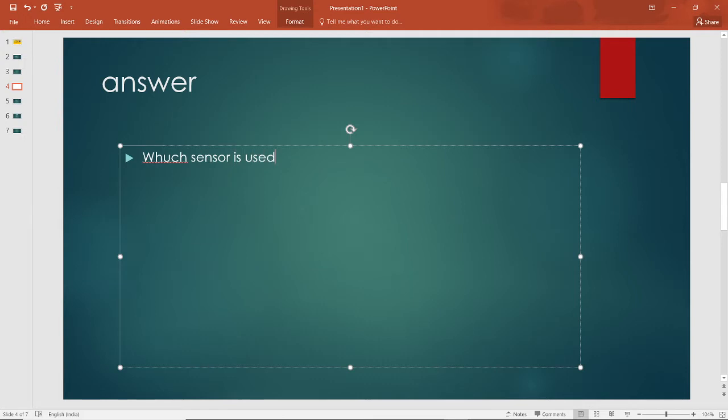Sir, is it possible to make the duty cycle 100%? Yes, why not? We have done it. Okay, sir. Thank you. Not shown here, but we have done it practically whenever we have tested.